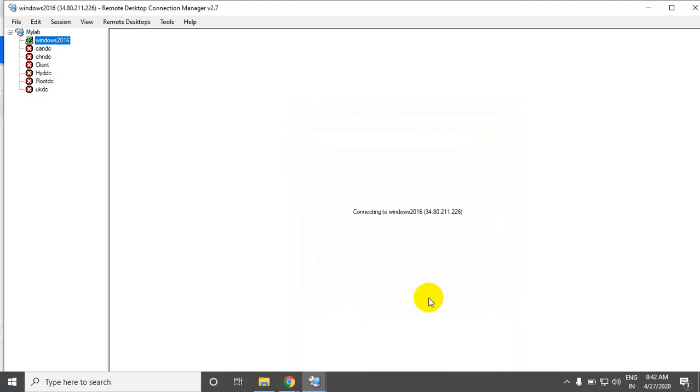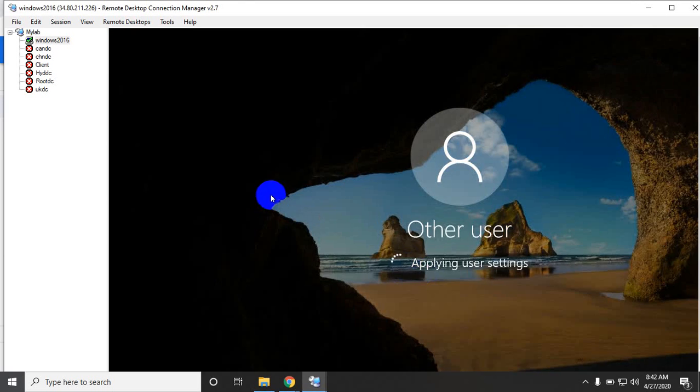So let's try to log in to this Windows 2016 server.